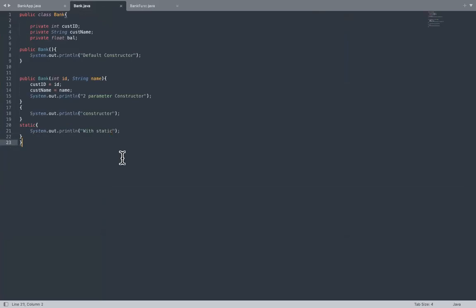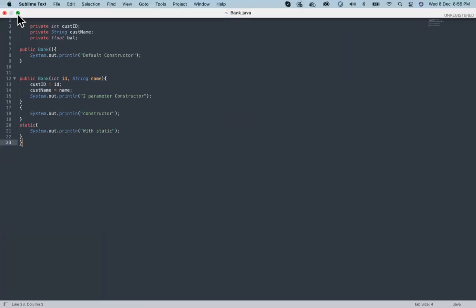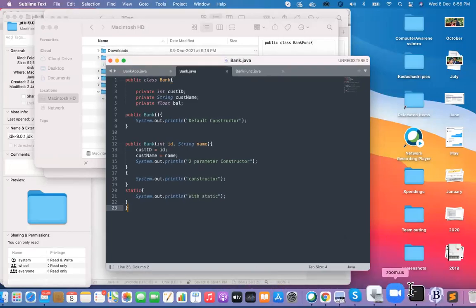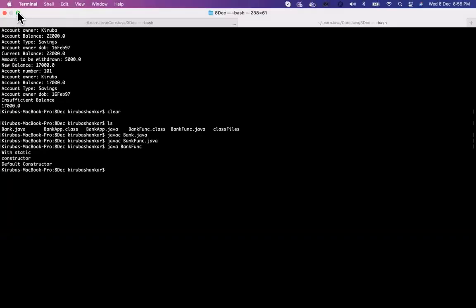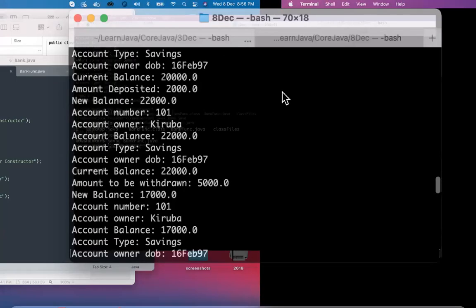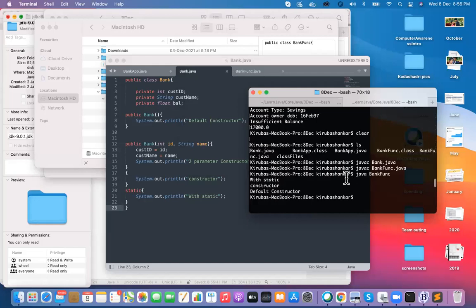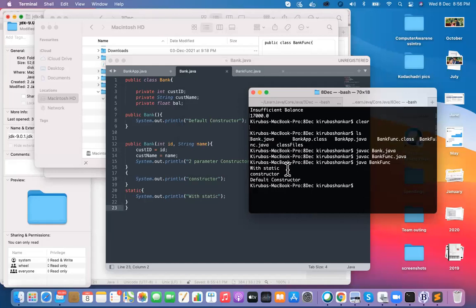Yeah. So here you observe the static block. If you are using a static block, that gets executed first, whether it is a static variable or a static method, whatever it might be. Your static block gets executed first because of the JVM architecture. So if your code has to be executed first and you're giving preference to it, the static comes into the picture.